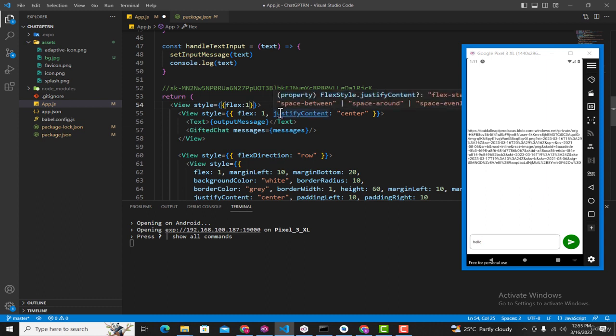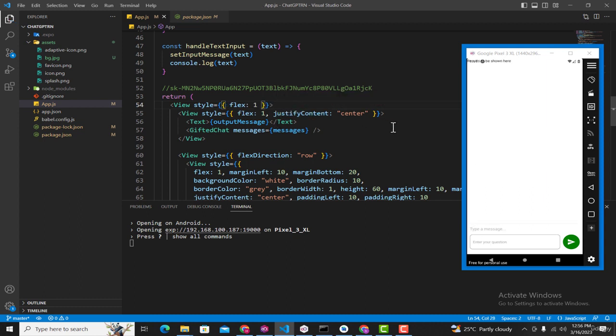Now press Ctrl plus S, and there you can see this type a message bar above the view where for now we are typing our messages, and this is actually the text input for this gifted chat. By default it also provides you a view where you can type the message, but we have created the views by ourselves, so we don't need this view. And above this view, all of this area is representing the area for this gifted chat where the messages will be displayed. So now after adding gifted chat inside our project and displaying it on screen, the next step is hiding this bar,